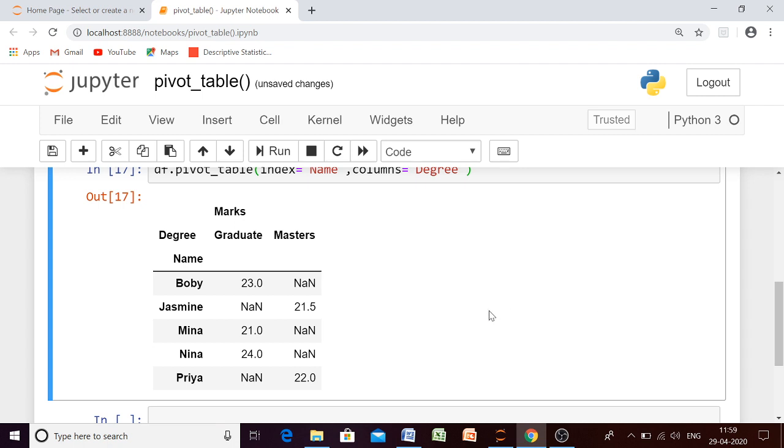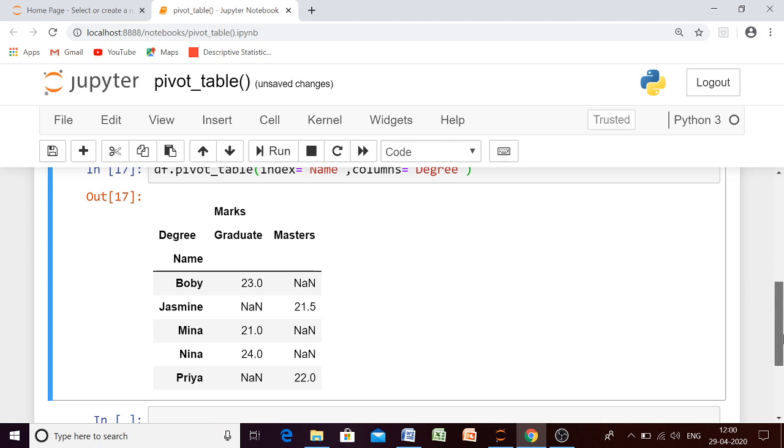Don't think that she has not appeared in Graduate, so how come she appeared for the Masters. Don't think about that. This is just a random, meaningless data frame created to explain to you. Then Meena has not appeared in Masters, that's why it is coming as NaN. Again Nina has not appeared in Masters, that's why NaN is coming, and Priya has not appeared in Graduate, that's why NaN is coming.